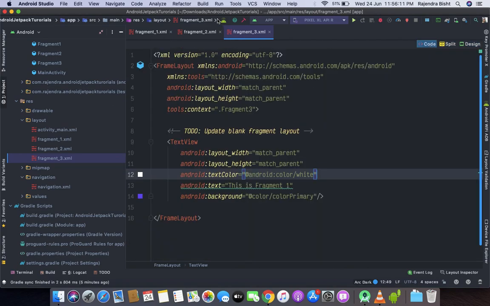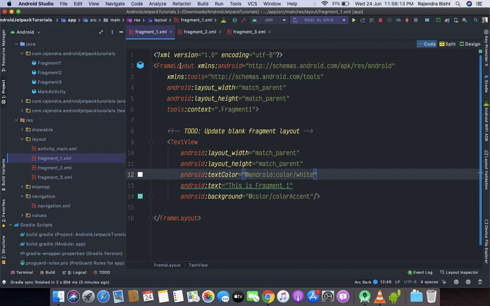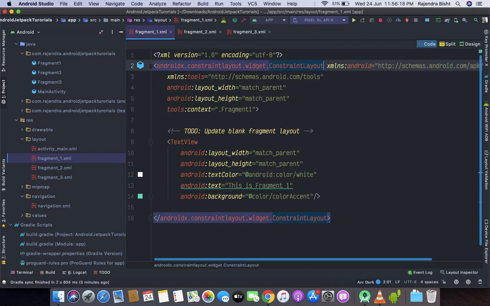Now I am going to change the layout type. I want the constraint layout so that I can design my UI.